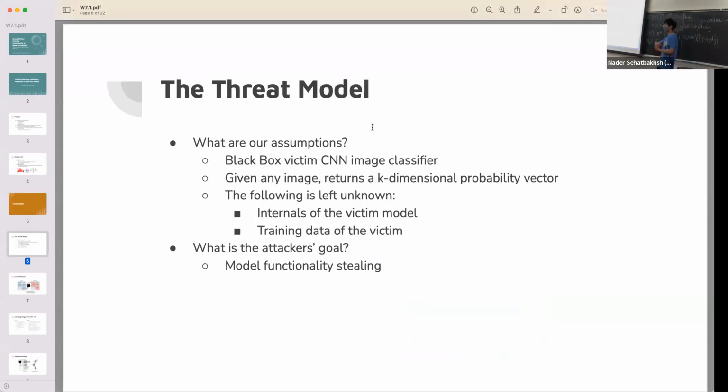Okay, so moving on to the contribution. Like we mentioned before, with the threat model, we're assuming completely black box. So the victim is going to be a CNN image classifier. And then, like I mentioned before, we give it an input, we get back a k-dimensional probability vector. And we don't know the parameters, the hyperparameters, et cetera. And we don't know the training data of the victim as well. And then our goal with this attack is to steal the model functionality,